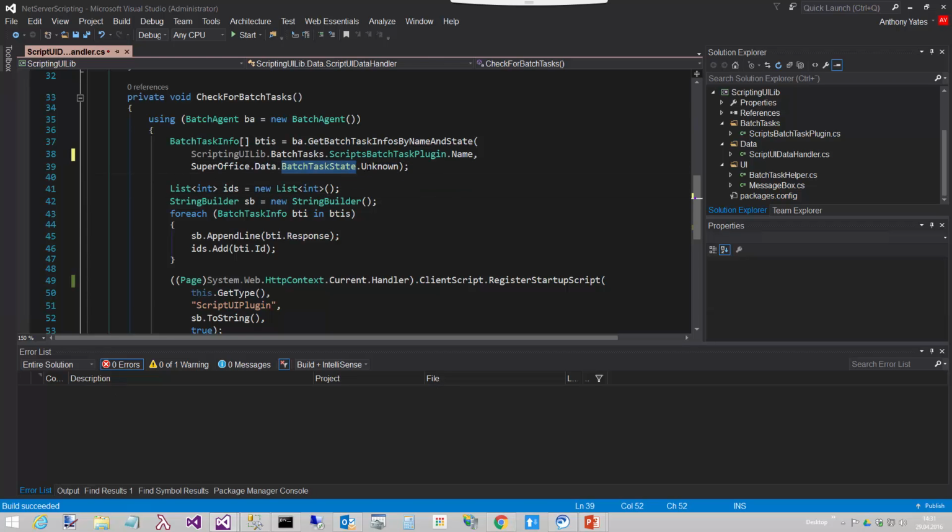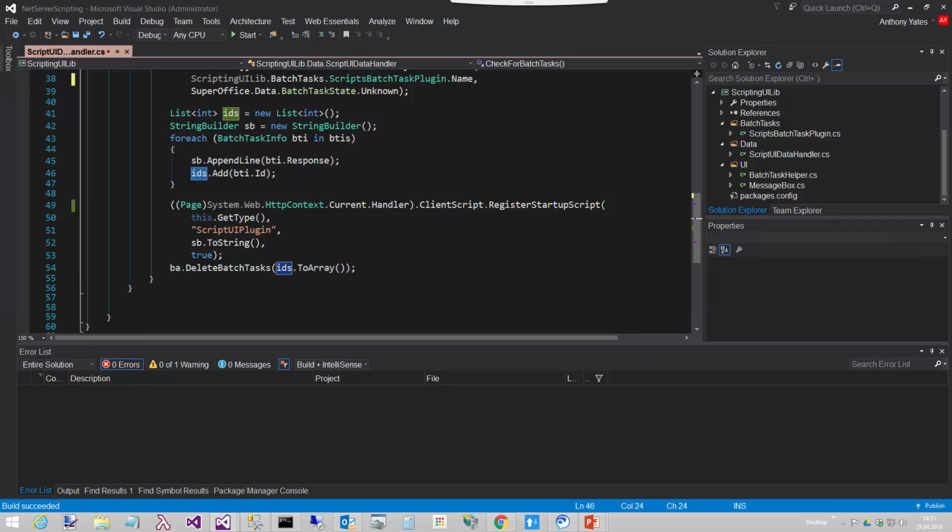And state is unknown. So then we'll get back a collection, potentially, of batch task infos. We're going to go ahead and loop through each one of those and get out the responses. And we're going to add those just to a string builder. And let's see, the IDs, we're going to go ahead and add those to an IDs collection, because what's going